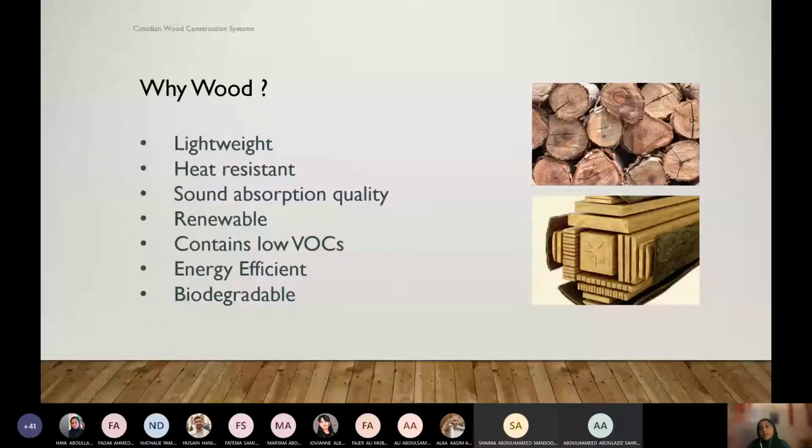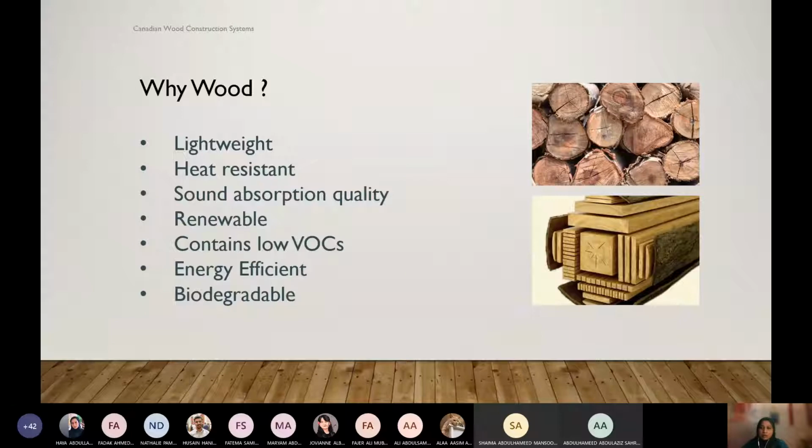So why wood? The timber or wood, it's very easy, cheap, and light to work with, and building with wood is efficient and fast. Some wood elements can be prefabricated off-site and delivered swiftly to the site. Wood also has a higher insulation rating than either steel or plastic as a result of its natural cellular structure. This means that homes and buildings require less energy to maintain heating and cooling.